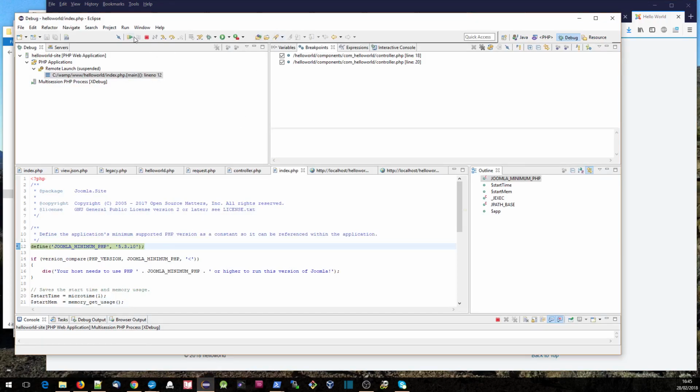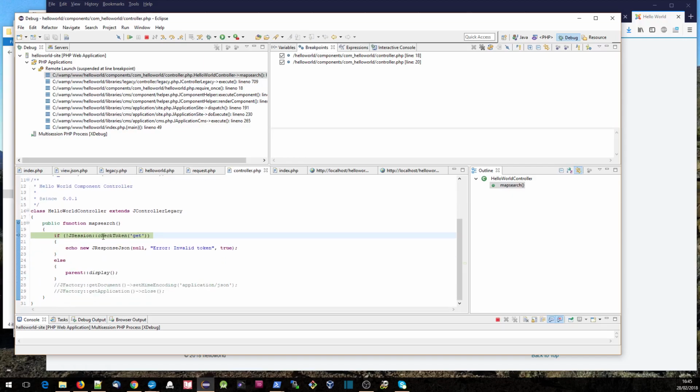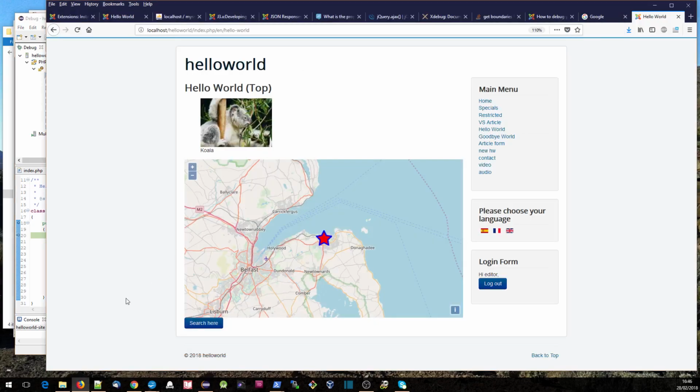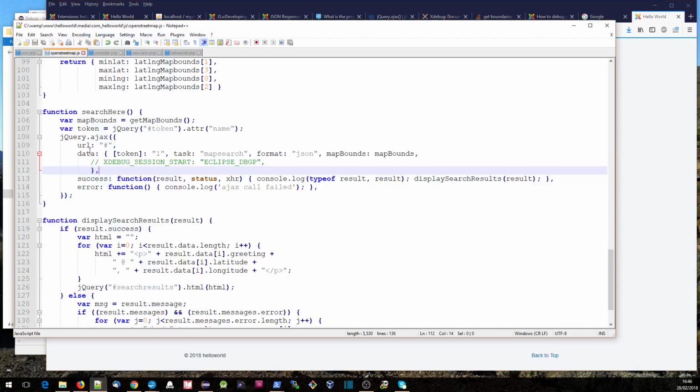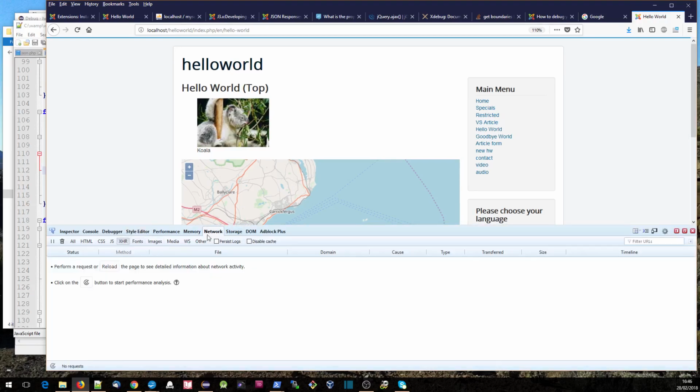So if I run on here, it's going to stop in my controller code here. And then I can go ahead and continue with stepping through or whatever, and basically have all the ability to debug the Ajax request. Now obviously this line here in my code is commented out, so I'm not actually sending anything like that to the server, but the way that it has worked here is that if we look at,